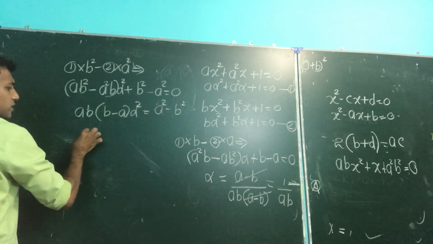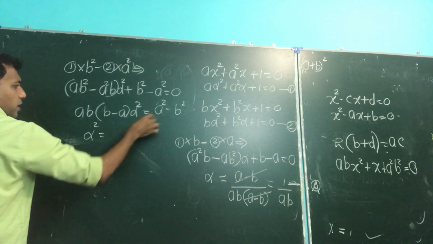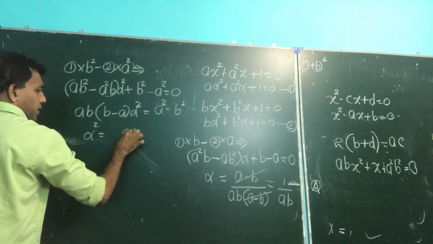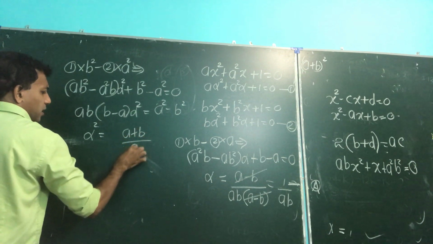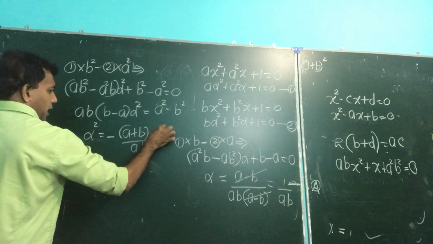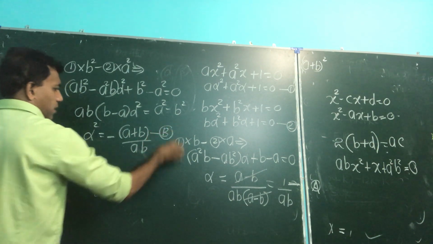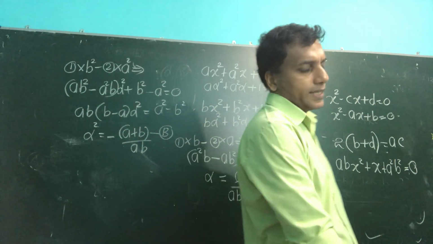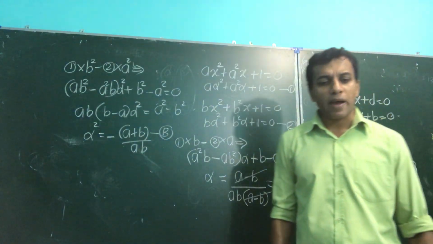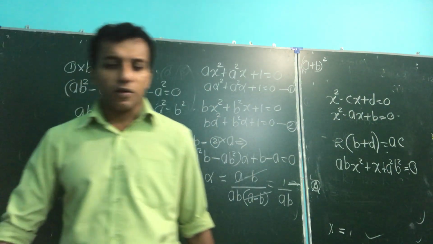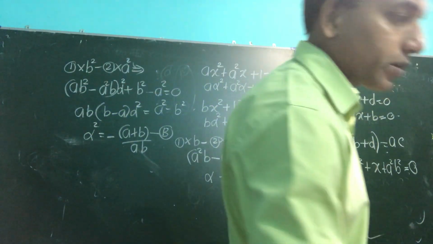Therefore your alpha square answer: a minus b, a plus b cancel. There's a plus b remaining, divided by ab. But there's a minus, no? There's a minus, right? We take our b, second statement, a and b available like that. Always follow this method if they ask about the common roots. This is the method, the way of answering.